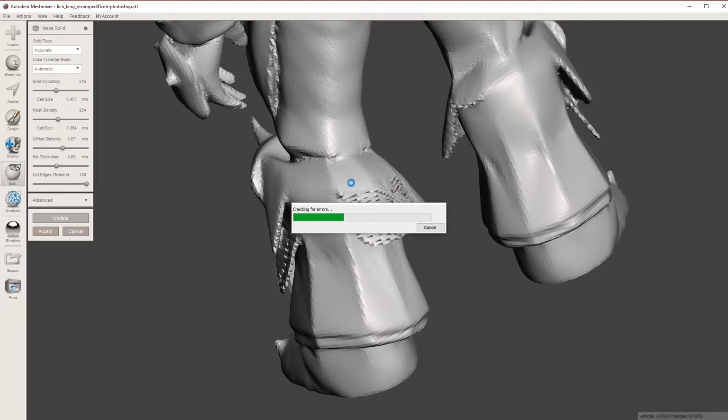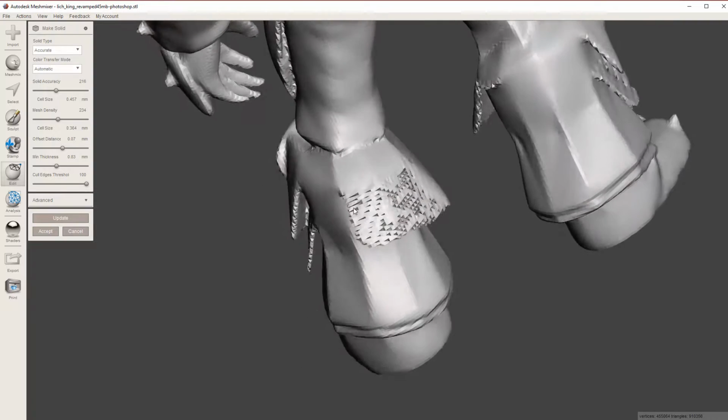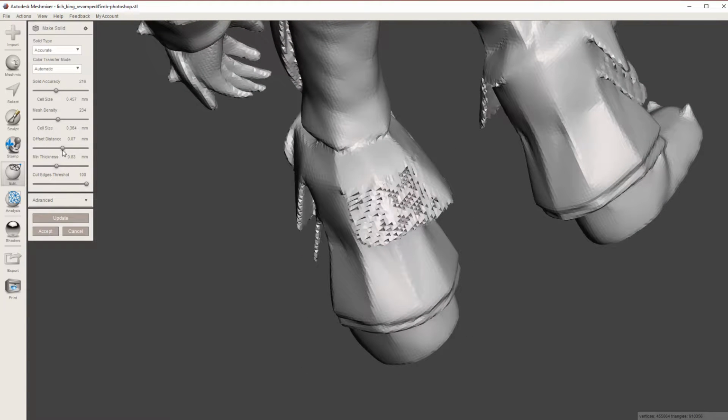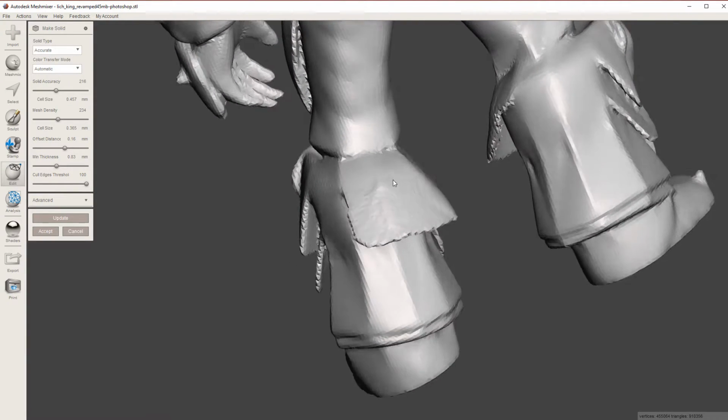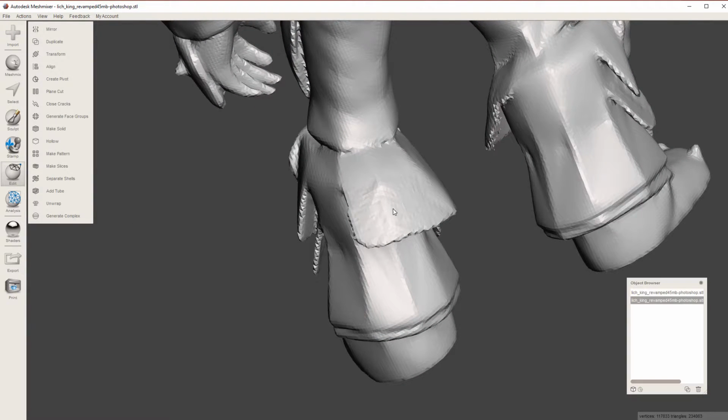And it'll mesh it. Looks like it is working. Looks like a little bit better. So you can play around with a little bit more offsets, but remember offset will change your model very, very slightly, just by like 1/10 of a millimeter. Sometimes you might or might not care about that. But there we go. An offset distance of about 0.16 gets really good features inside of the boots right